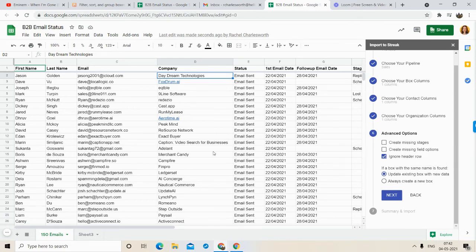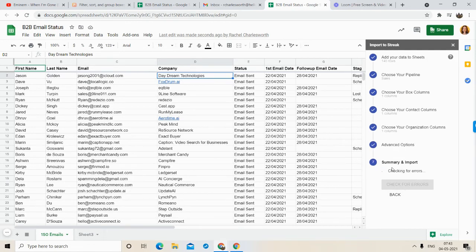We have this first row, right? This is the first row. It will use all the values as column labels, obviously, right? I have that, so that's it. Just click on next. Now you can see it's importing. First it is checking for any errors.